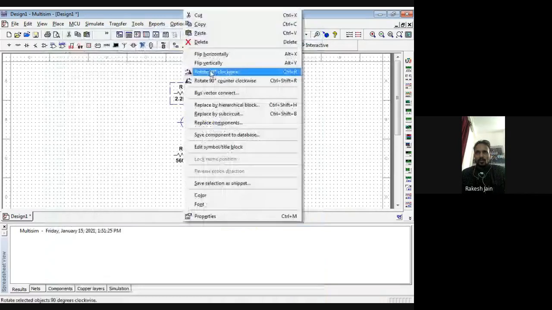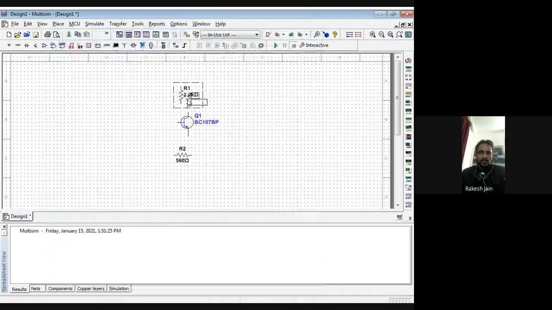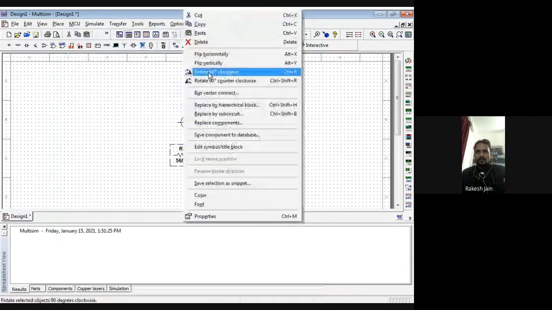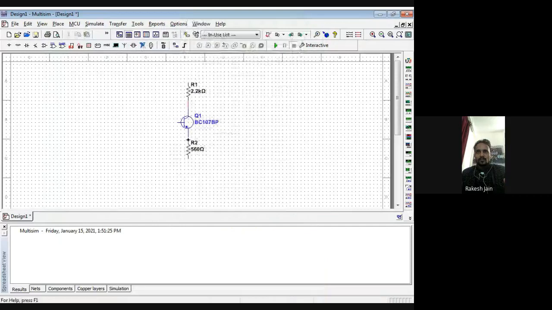You can do this practical also on Electric Circuit Studio software and any other software. First I will teach you, then you will try from your side, and I will see the results from your side. So the 2.2 kilo ohm resistor is connected at the collector side, and the 560 ohm resistance is connected at the emitter side, okay.